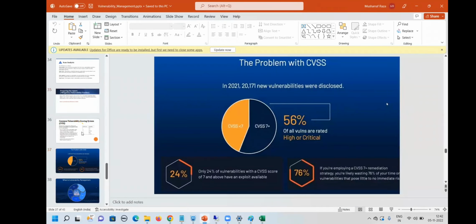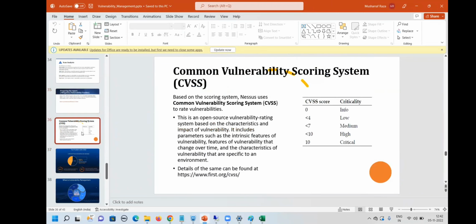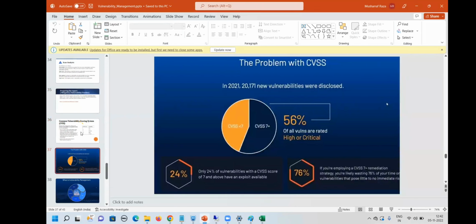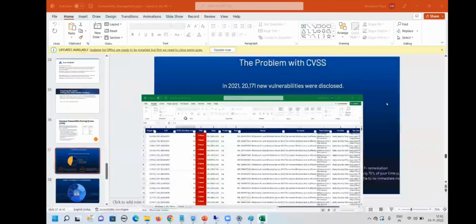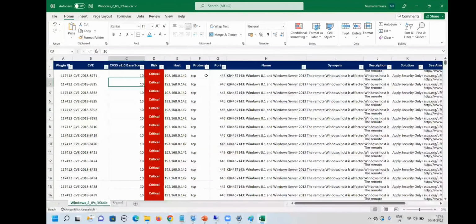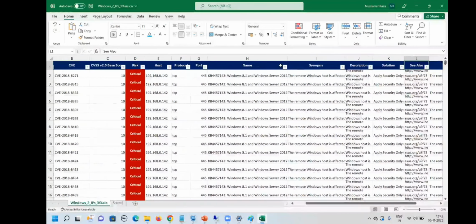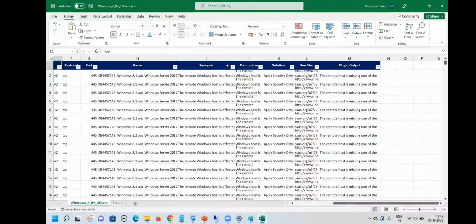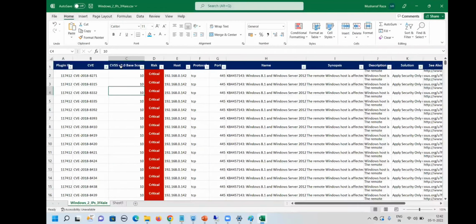So here, for example, the problem with CVSS is, assume that you go with the CVSS score. There are different CVSS scores. You need to follow CVSS base score 3, I guess, or 2.0. If you follow the CVSS score,